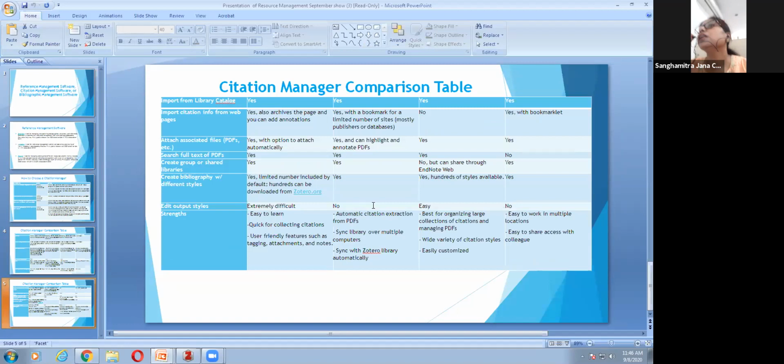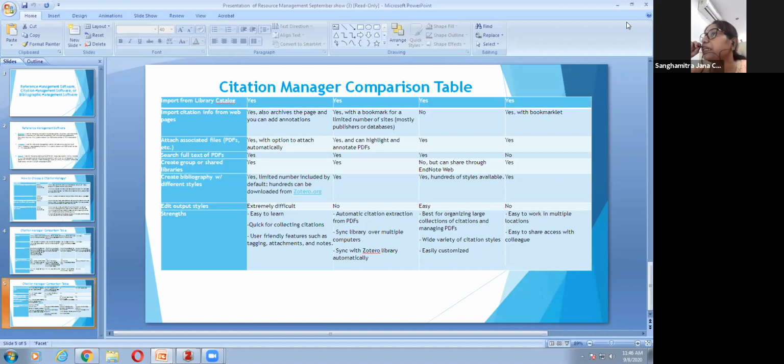Import from library catalog for all of these. Import citation info from web pages. Yes, you can also archive the pages, and you can add annotations. For Mendeley, with the bookmark for a limited set of sites. And for EndNote, it is no. And for EndNote Web, yes, with bookmark.